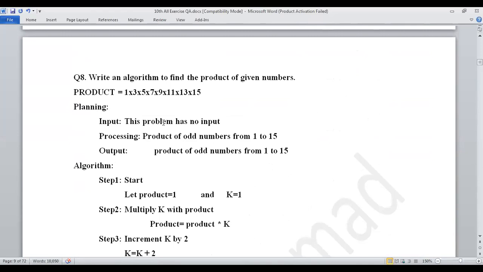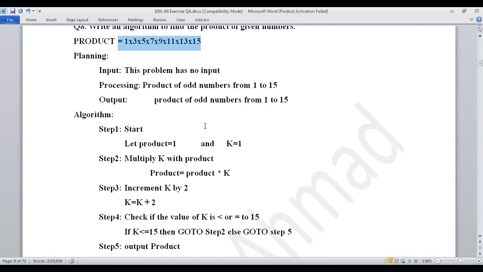Some kind of series is given and they will ask you to write an algorithm and draw a flowchart. In the previous lecture, we wrote the algorithm for the series: product of a number from 1 to 15, and product of odd numbers from 1 to 15. So this was our previous lecture.